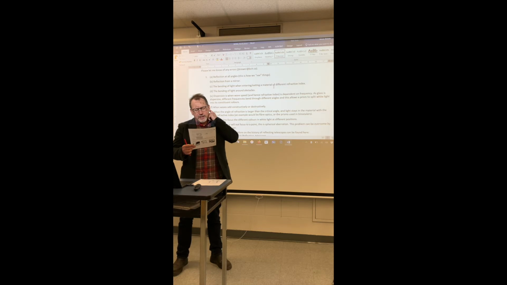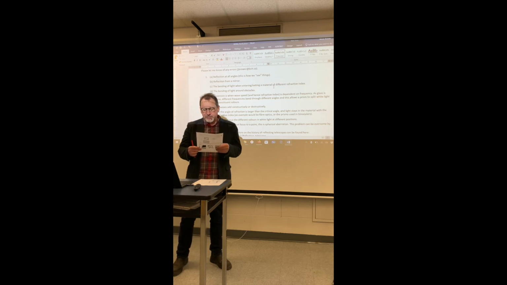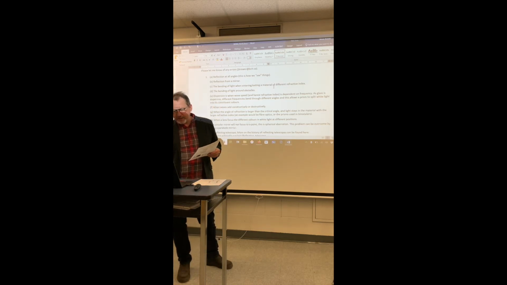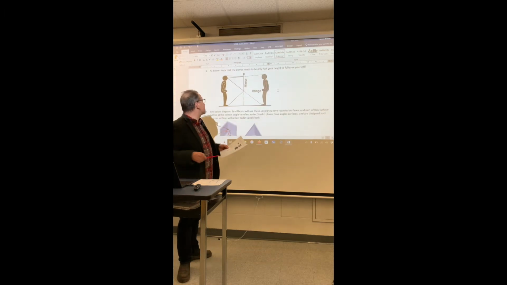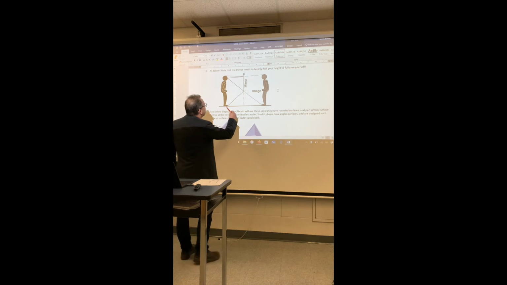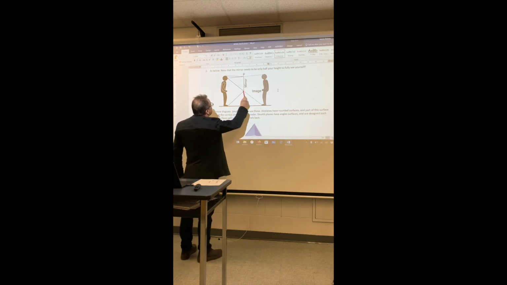Okay, in the below diagram, draw rays that show how the stick man sees the top of his hat and his feet. It's probably easy, I'll just show you the diagram. Here it is. We imagine a ray coming from his feet. It has to bounce off into his eyes. And here's a ray from the head, it bounces off. So these